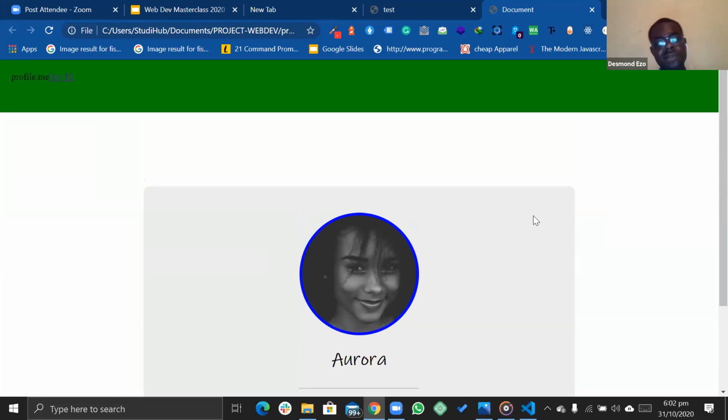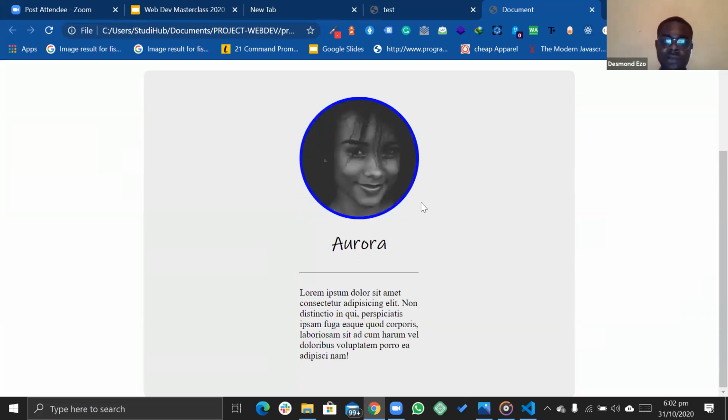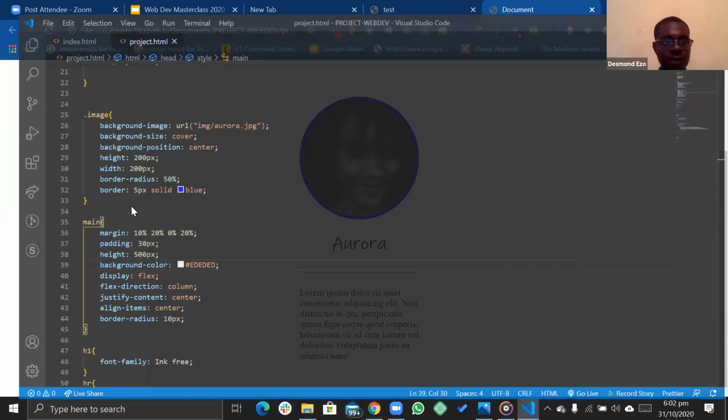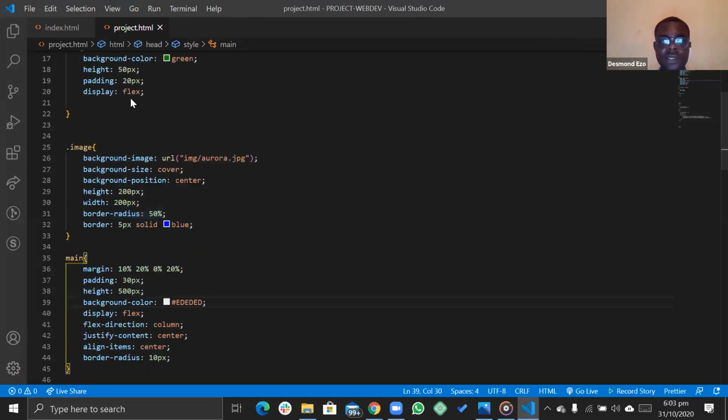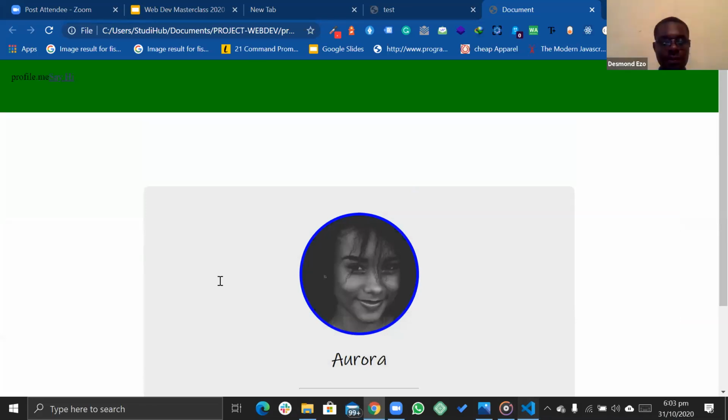So it's now somewhat starting to look like the page we are hoping to reach. Let me correct something also. We need to reduce the size here and the size here. How did we apply that size?